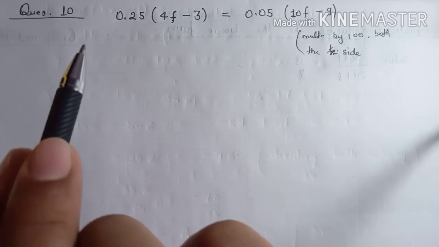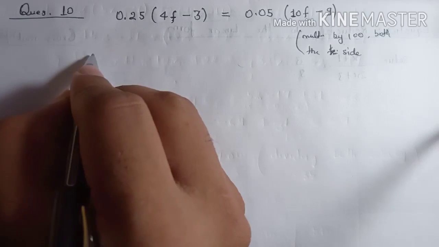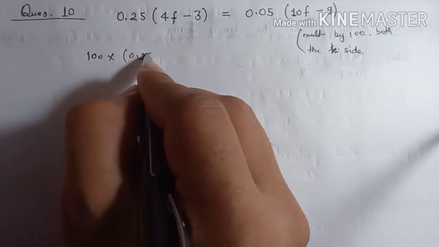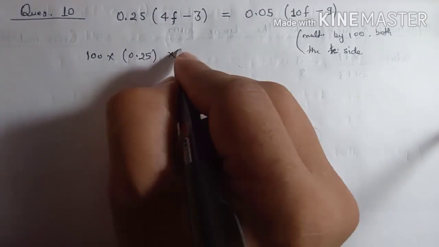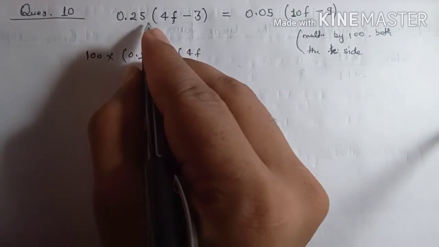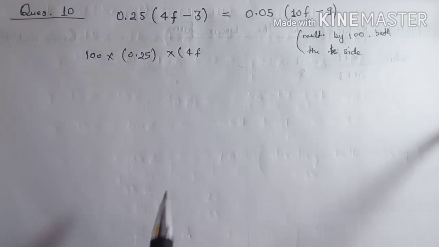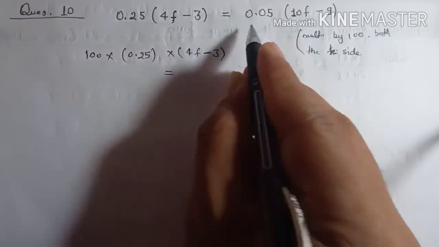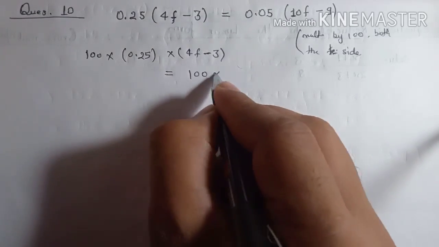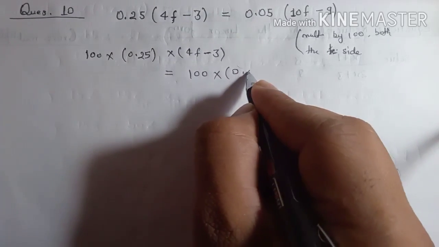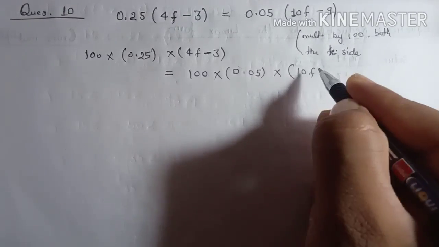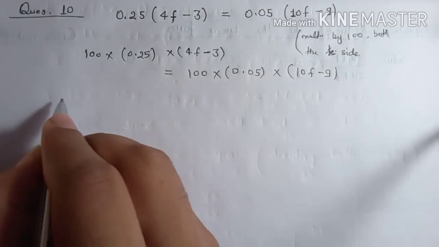When you multiply this 0.25 by 100, you will get 100 into 0.25 and into 4f. Here nothing is written, it means it is multiplying, and minus 3 is equal to, here it is 100 into 0.05 and into 10f minus 9,